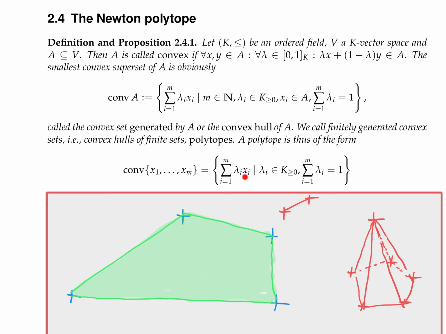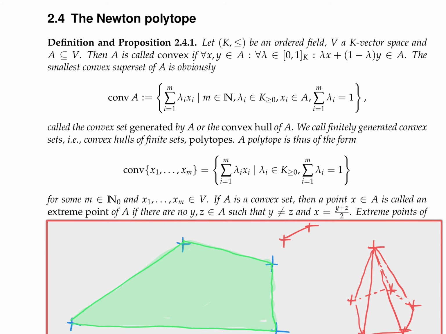I can just have it once, because if it appears twice in the sum, I could add the corresponding coefficients and make one term out of it by distributivity of scalar multiplication. Okay, so